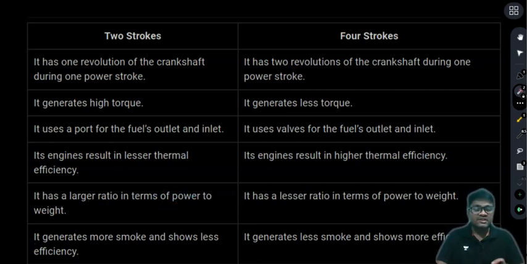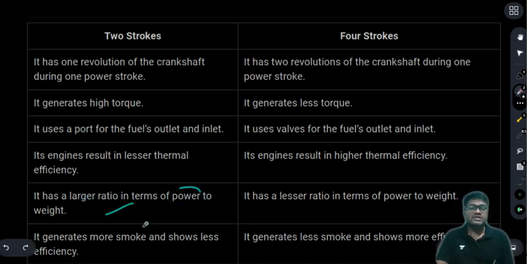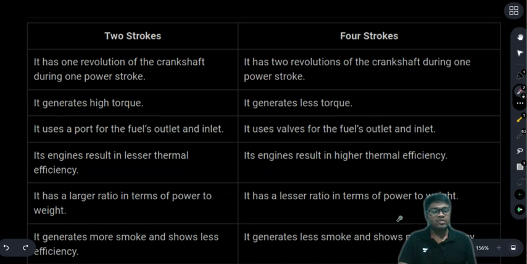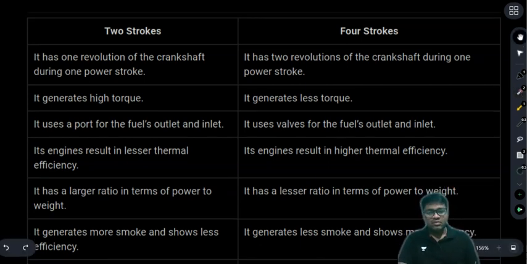What is the reason? The reason is that there are no valve mechanisms, right? So there is no complicated arrangement, complicated design. So the engine weight is very low in case of your two-stroke engines, right? So we'll be getting a large power to weight ratio in case of your two-stroke engine, and we'll be having a lower ratio of power to weight in case of your four-stroke, right? Okay. Moving further,